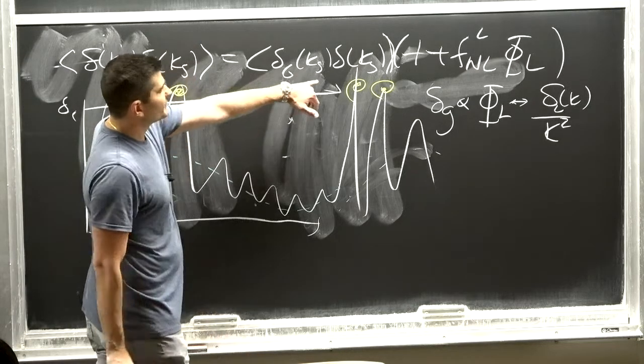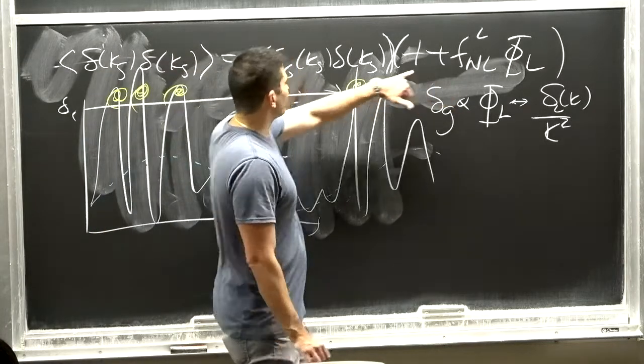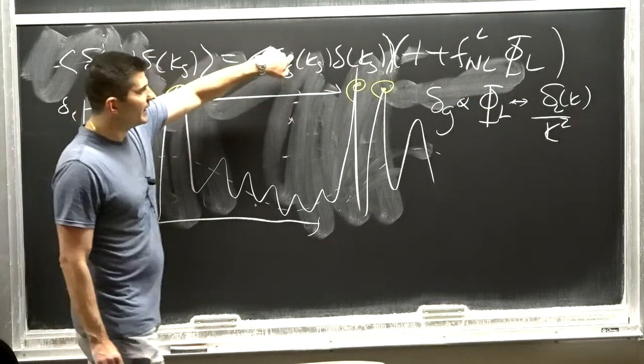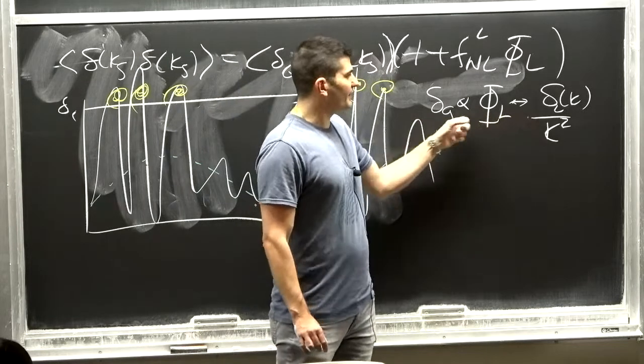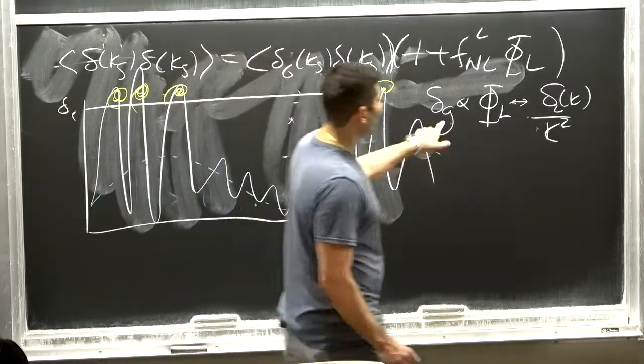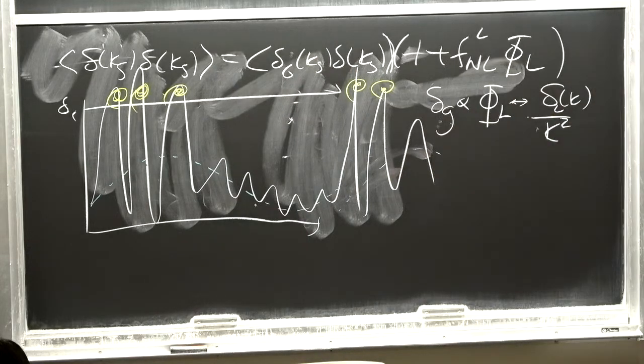So basically what this did is it converted a 3-point function, the fact that there's a long mode modulating the amplitude of the short mode, into a linear effect, but now that linear effect has a 1 over k squared in it. So now if you go and calculate the 2-point function of galaxies,